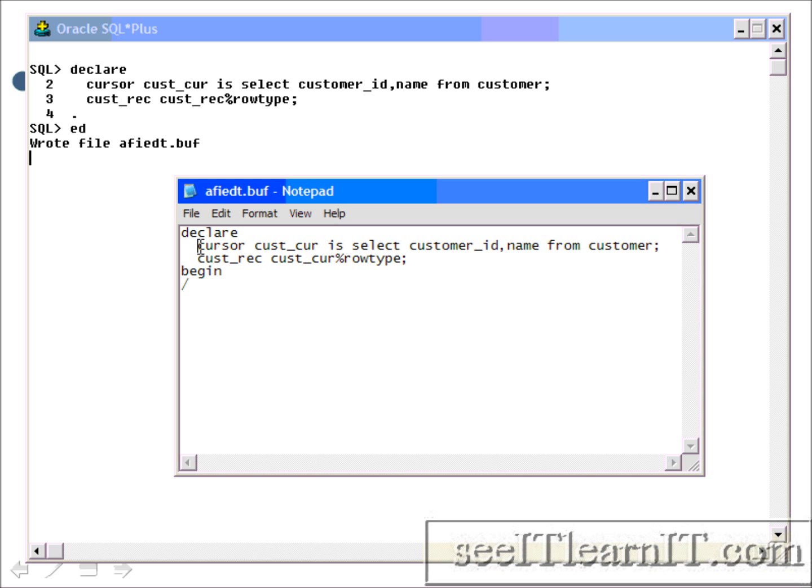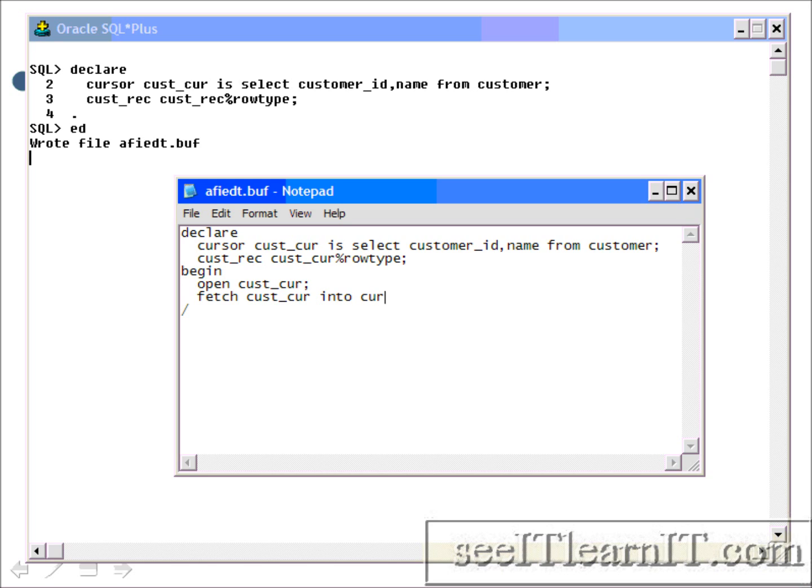Once we have declared our cursor, which we did right here, and we have declared what's going to be holding the value from the cursor, specifically the row, we're going to now begin processing the cursor by opening it. First, open the cursor by issuing a begin, where our processing will begin. Declare is where all the variables and declarations take place. Begin is where the actual processing happens. I have opened my cursor. I'm going to now fetch some data